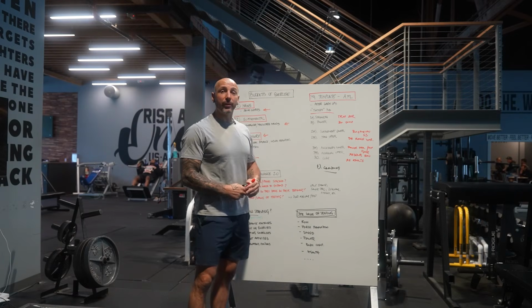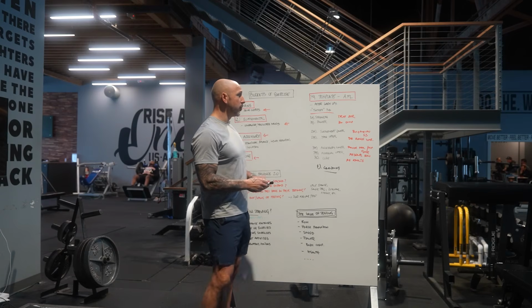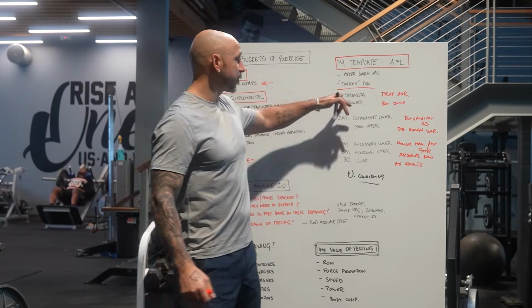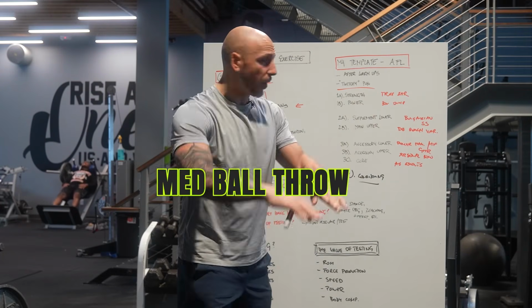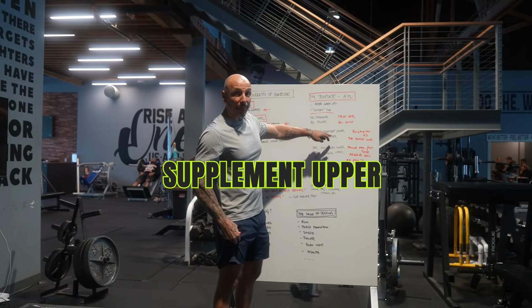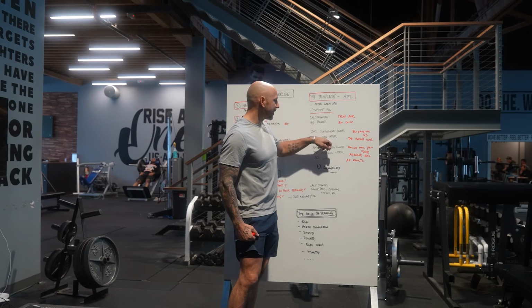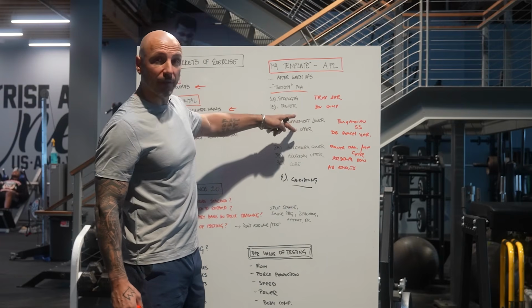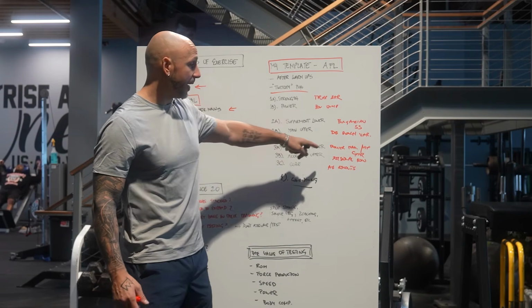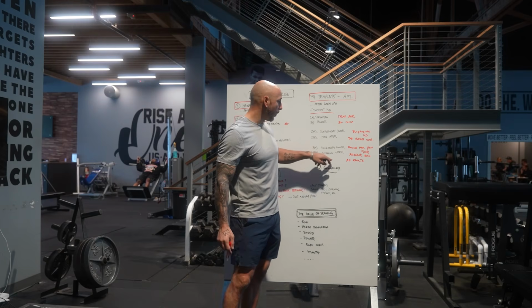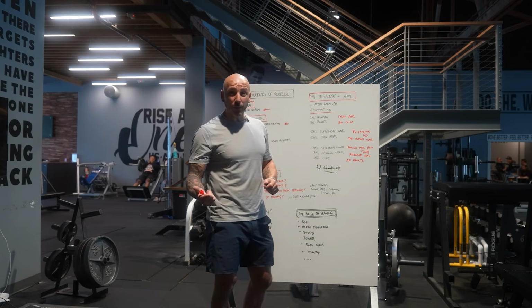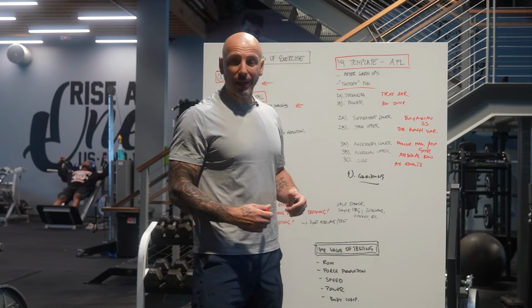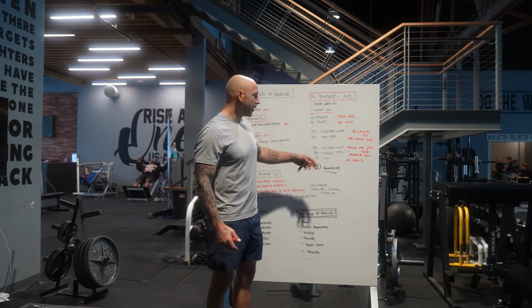But again, if we had 3 days like this, right, what would day 2 be? Well, day 2 might be some type of bench as the strength. Our power might be a med ball throw. Then we do a supplement upper, right? Might be a landmine press. We'd have a main lower. Well, that might be a front squat. And again, you could flip-flop these, right? And then we'd have accessory. Again, we might have a pike pull-up here for a pull. For a lower, we might do a side lunge. So we get some, I would say, frontal plane movement. And core might be a farmer's walk. It might be hanging knee raises.